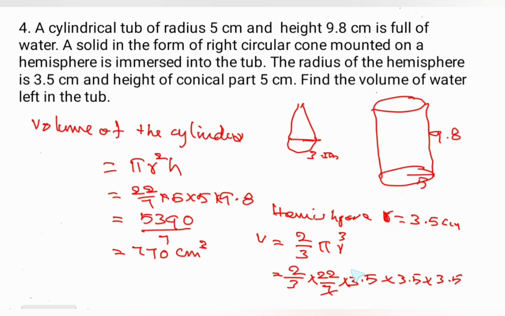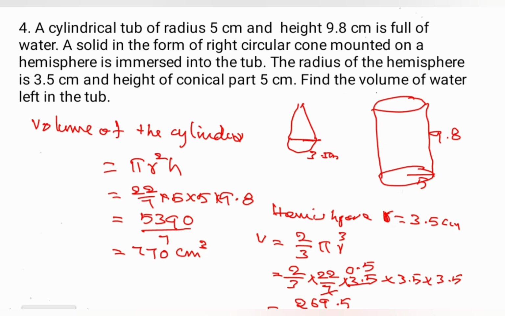The 7 cancels with 3.5 as 0.5 times 7 is 3.5. We will get 269.5